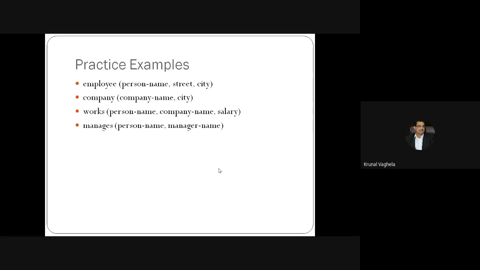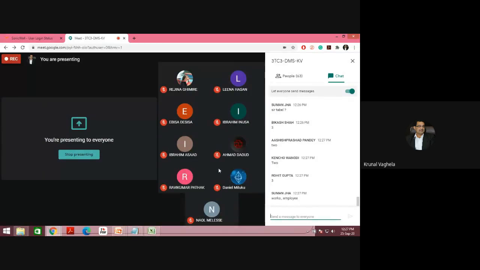So how many tables do I need? 1, 2 or 3? 2, not 3.